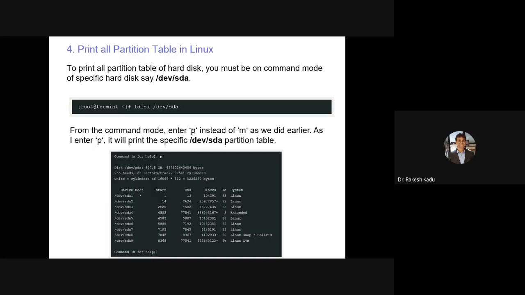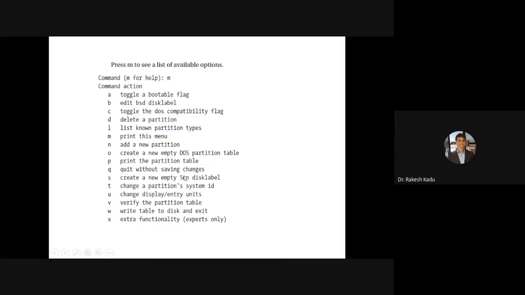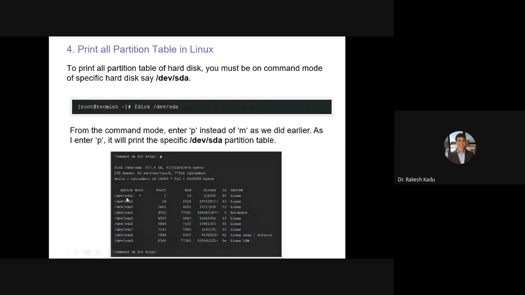तो आप क्या करोगे, यू कैन टाइप अ P। तो जैसे आप P टाइप करोगे, एंटर करोगे, तो इट विल लिस्ट ऑल द पार्टीशन जैसे हमने fdisk -l से किया था। तो सेम पार्टीशन लिस्ट विल बी डिस्प्लेड हियर। यस, है ना, सेम पार्टीशन लिस्ट आएंगे यहाँ पे, जो भी sda में पार्टीशन थे। सो सेम इंफॉर्मेशन, सेम आउटपुट यहाँ पे आया है। यस, ओके, एंड द प्रॉम्प्ट इज अपियर्ड एट द एंड। यहाँ पे देखो प्रॉम्प्ट आया है फॉर द अनदर ऑप्शन विच यू वांट टू एग्जीक्यूट, आइदर यू वांट टू ऐड अ न्यू पार्टीशन। तो आपने प्रिंट करके देख ली क्योंकि ये सारे पार्टीशन बने हैं, अभी स्पेस तो कुछ अवेलेबल नहीं है यहाँ पे।